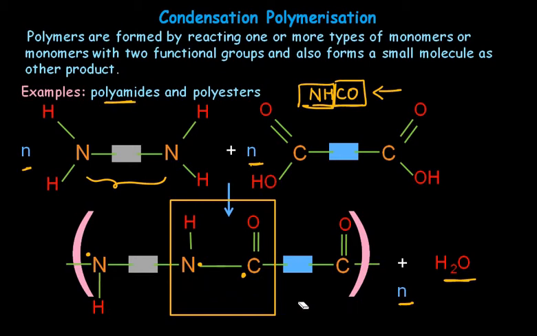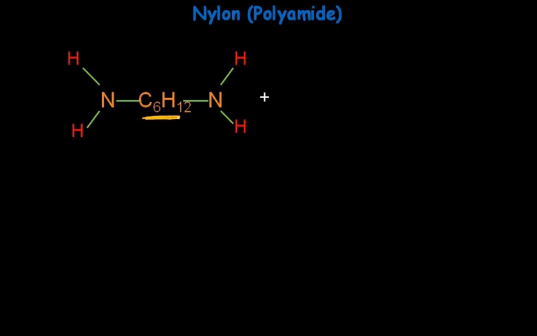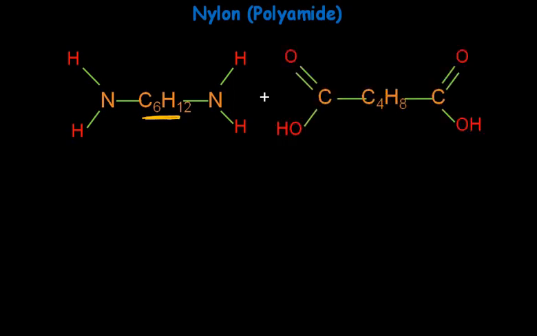Here we have discussed general polyamide formation, but one of the best examples of polyamide is nylon. So let's understand what is nylon, which is a type of polyamide. The amine monomer of nylon is as shown here, where the general formula which we had seen earlier is replaced by C6H12. And another monomer is a carboxylic carrying monomer, which has again 6 carbon as it is having